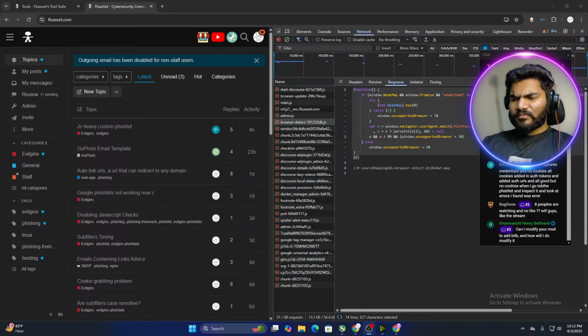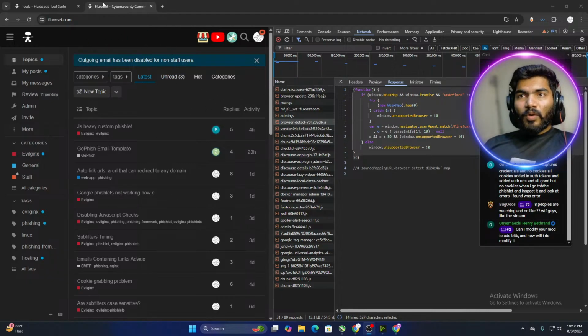Now, to explain exactly what the BITB is: browser in the browser attack. That is what we call the BITB. That means I will see this particular website, and in this web page there will be one more website loaded without the user's knowledge. That's what we call browser in the browser. But right now it is not required because